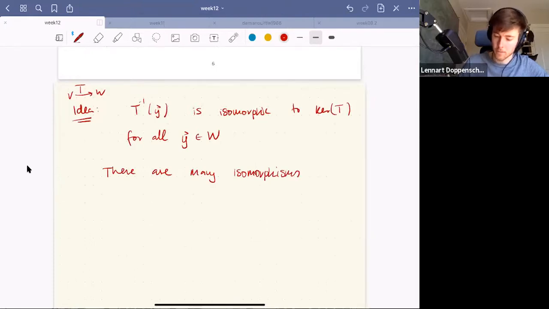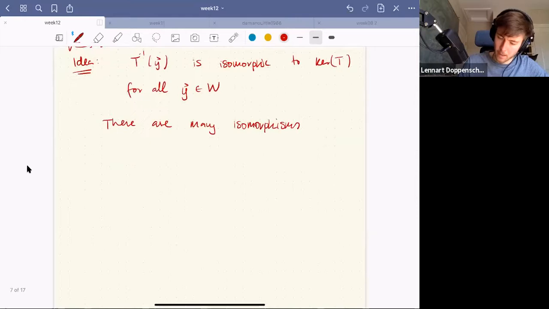There are many isomorphisms. One of them is the